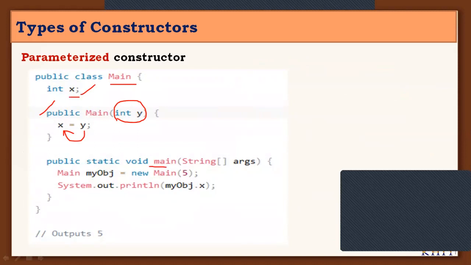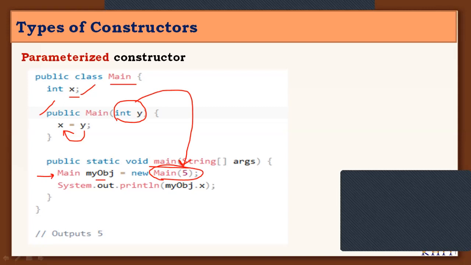Inside the main function, we are creating an object of this Main class. When we are calling the constructor here, it is not the default, it is a parameterized constructor. It expects one integer value to be passed, because here one integer value is given.